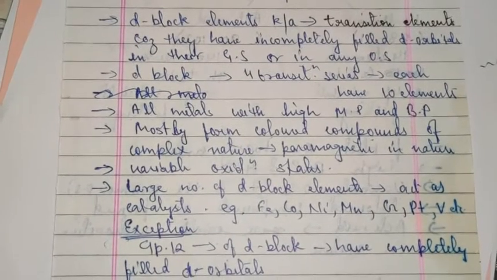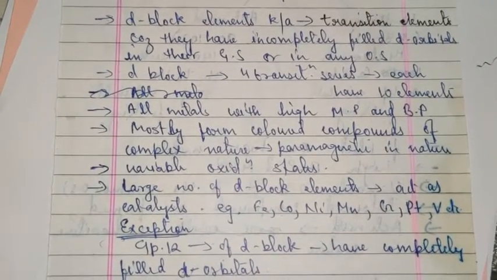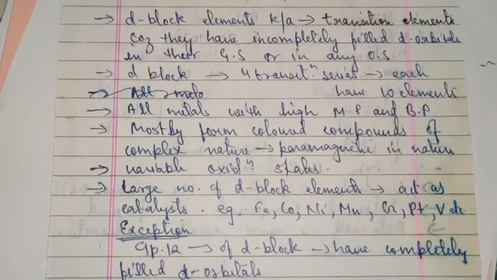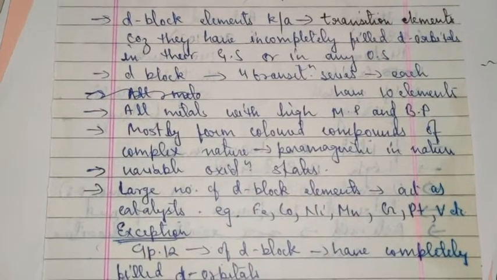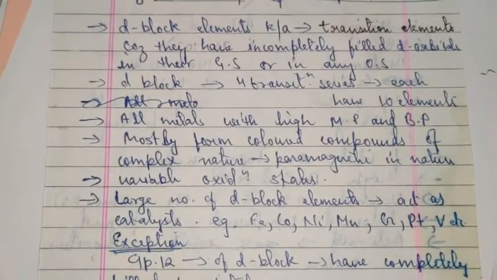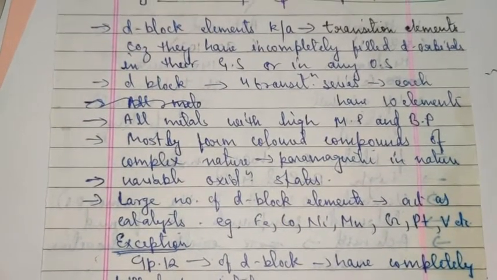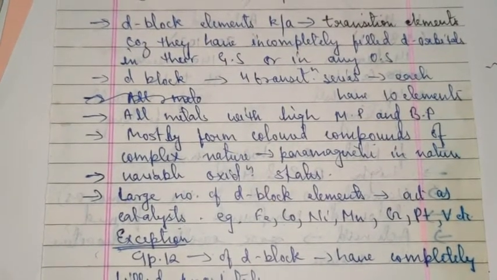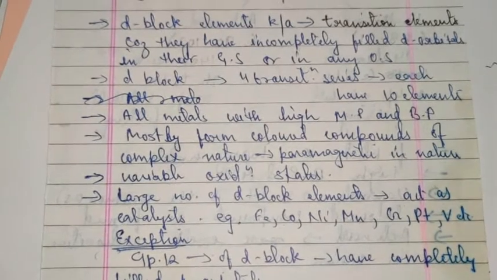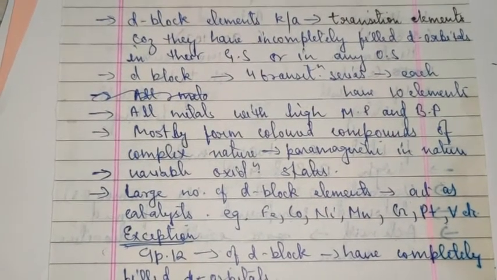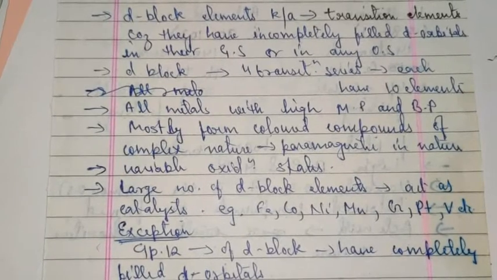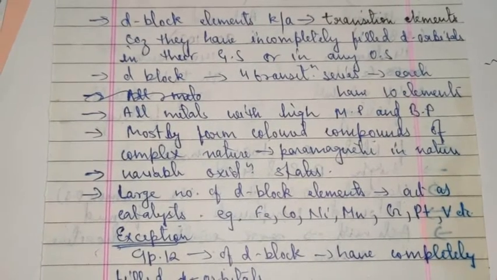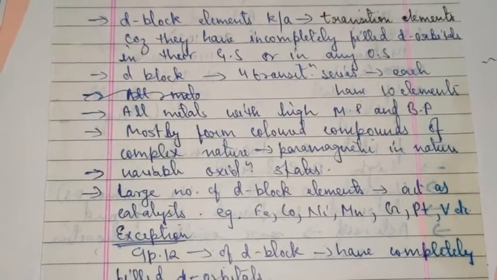And at last, I concluded the session quickly with these sentences, which is actually about the characteristics of D block elements. So here I am going to explain the characteristics again in detail. The first characteristic is D block elements are known as transition elements. They are known as transition elements because of their transitional properties, which lie between the highly reactive metals of S block and the P block elements. So they show a transition between the two blocks. That is why their properties are transitional between the two blocks.